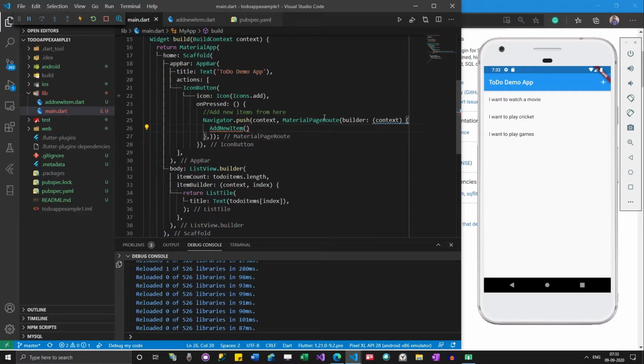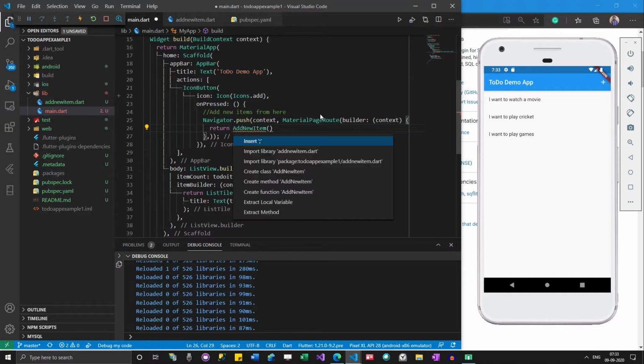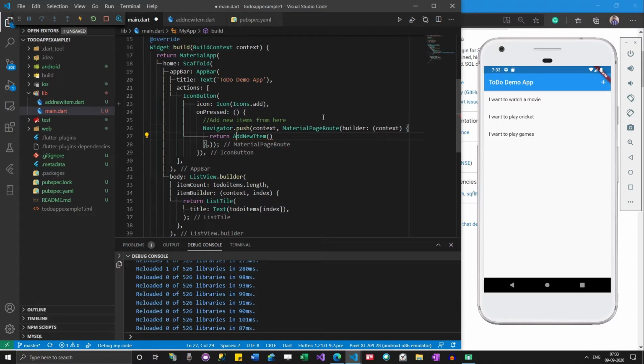I need to add return over here, and import the necessary packages.